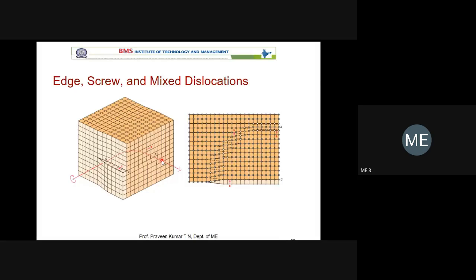Now you should understand. You have to imagine what a crystal is. A crystal consists of n number of unit cells. So now you are taking one crystal or one grain. You are applying a torsion load. When it is subject to torsion load, the movement of the atoms is not uniform. So here the Burgers vector magnitude may be 10 units. Here the Burgers vector magnitude may be 15 units or it may be 5 units. Here somewhere the Burgers vector magnitude is only a few microns. That method is referred to as screw dislocation.